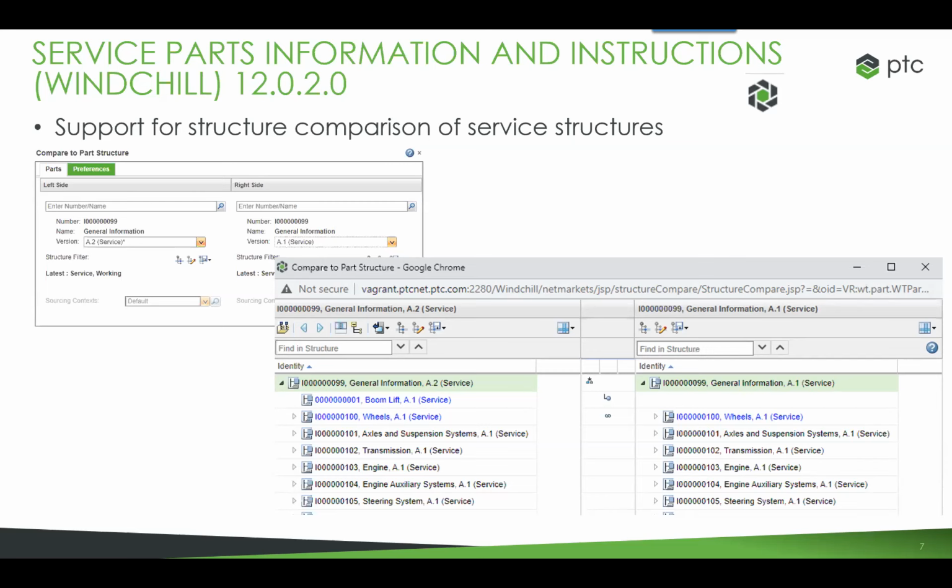So those are the highlights that I wanted to show. Before I take questions and then turn it over to Simon,